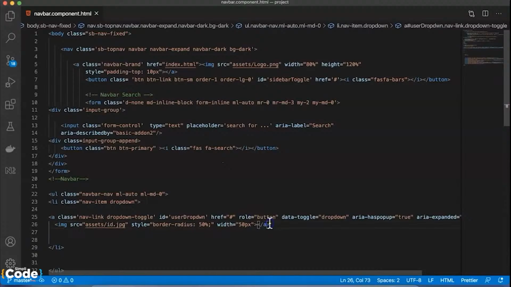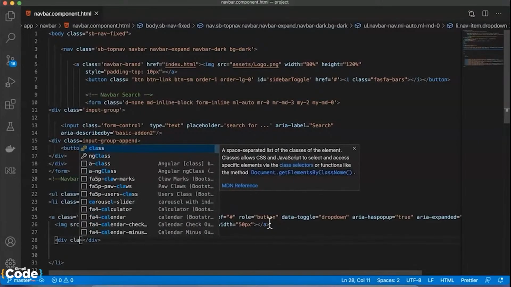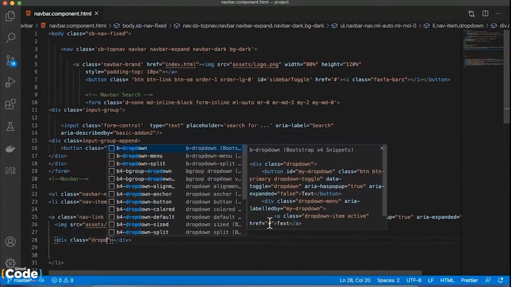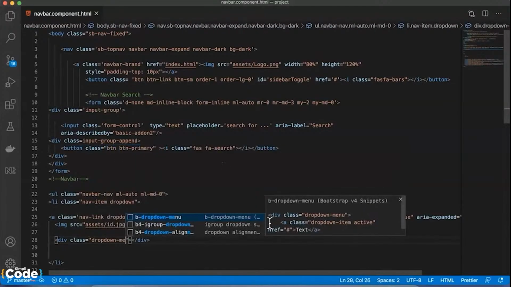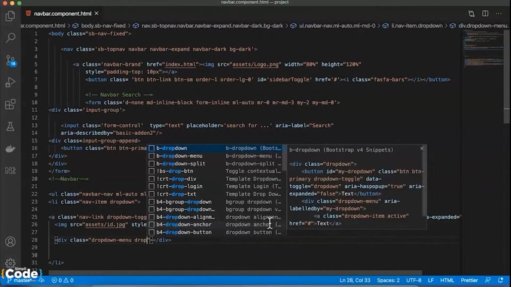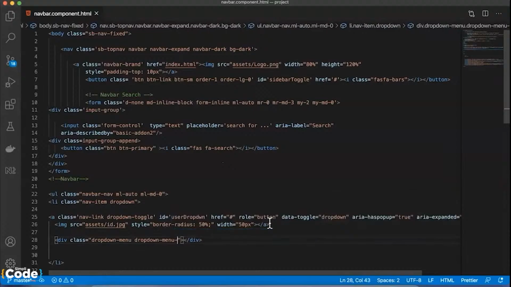Okay, so here the anchor tag is closed. After the anchor tag is closed, we would like to give another div class now for the dropdown. So this div class will have some of the set of properties which is available. I say div class equal to dropdown-menu, followed by dropdown-menu-right. Okay, and followed by we want to use